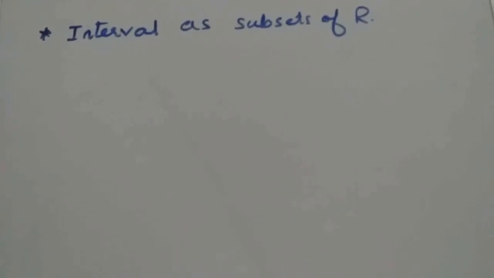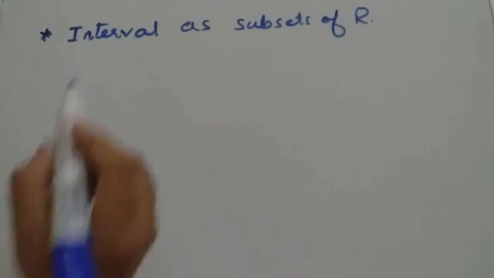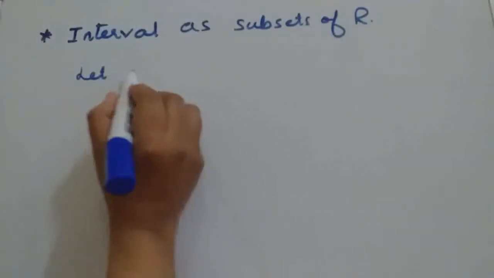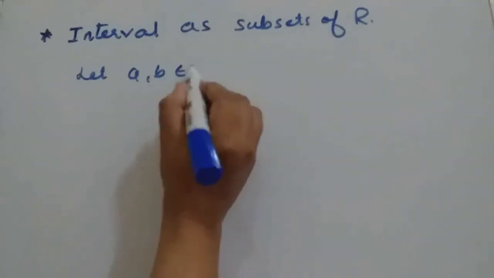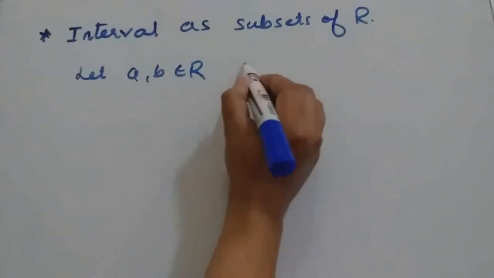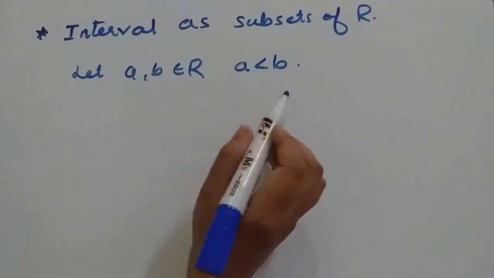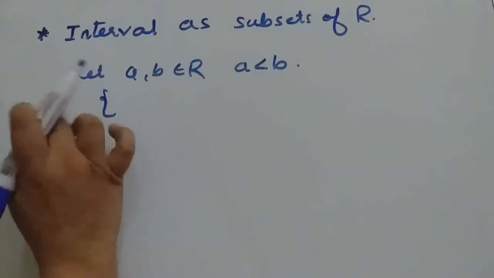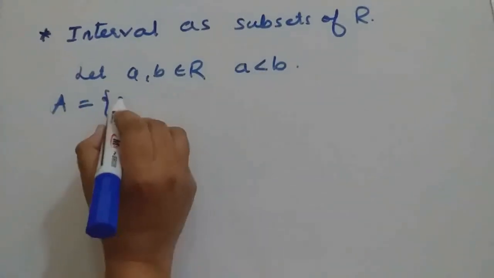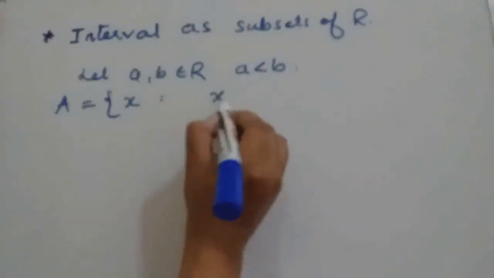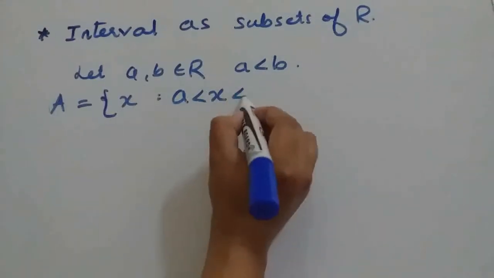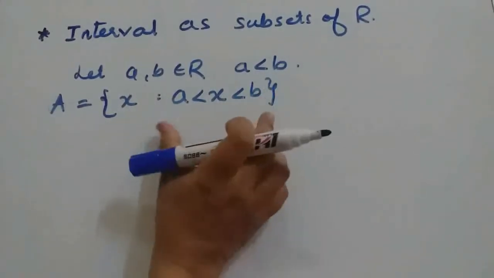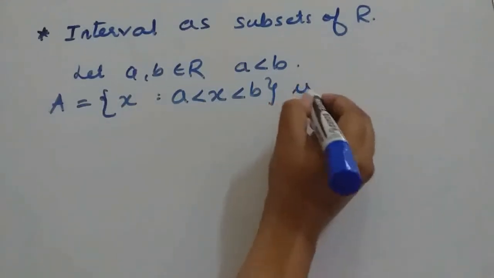Now the next concept is intervals as subsets of R. Let two numbers a, b belong to R such that a is less than b. Then a set of all x such that x is greater than a and less than b, this set is called